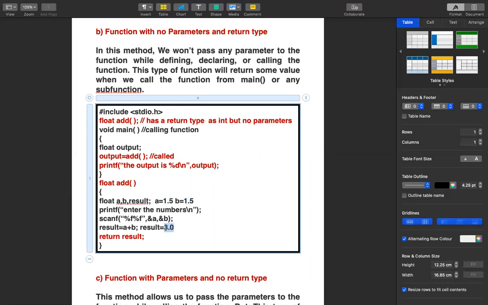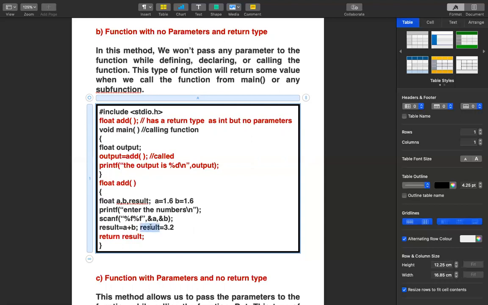So this 3.0 is stored in which variable? Result. Is it an integer or a floating point number? Of course it is a whole number, but it has a decimal part in it, so it is a floating point number. Or for another example, I'll do 1.6 plus 1.6. It will be 3.2.